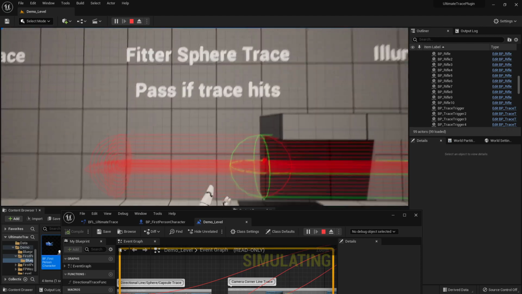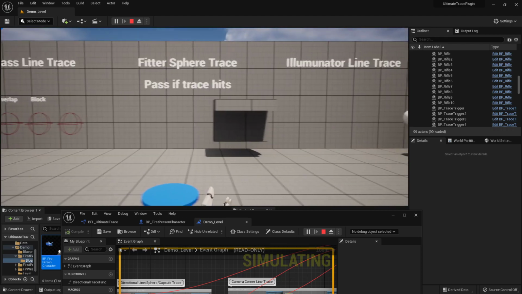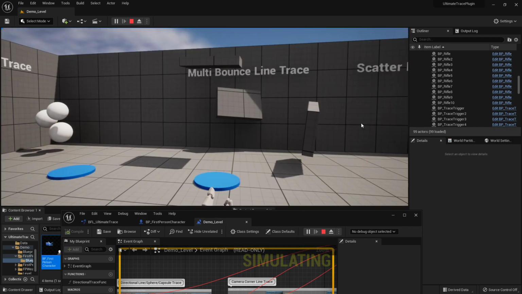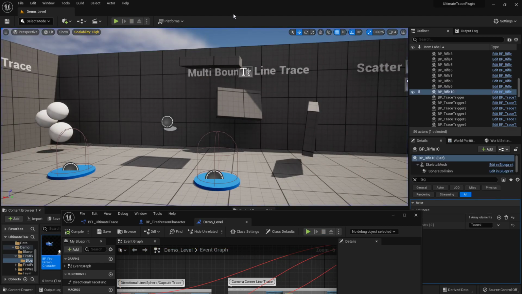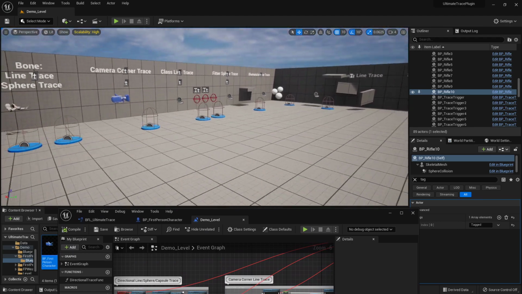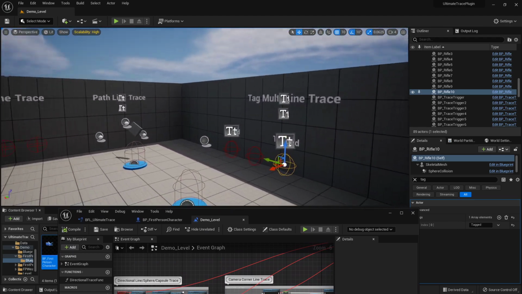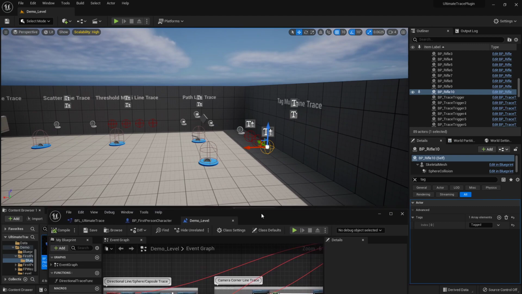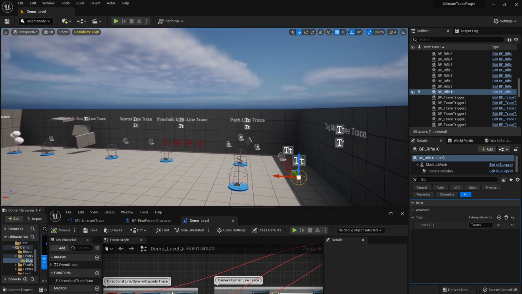So in here you can see I give you the different options and how they interact with the objects that they hit. So yeah, please, if you have any confusion around how some trace works, just go to the demo level. It should give you a good idea of what's happening. And also you can message me on the marketplace page. You have the link and stuff like that, so you can leave me a comment or a message or whatever